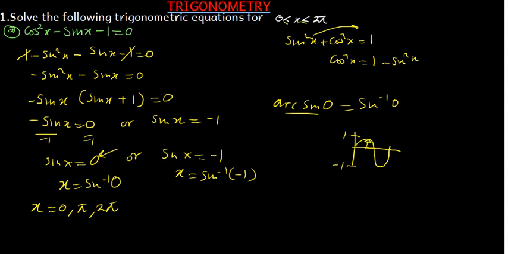if you are talking about a -1, of course a -1 cuts the sine graph at 270 degrees. If we take the sine inverse of -1 directly, we are going to find the negative answer. It will be -90. But when we are working with this, to avoid these negatives, what you first do is,